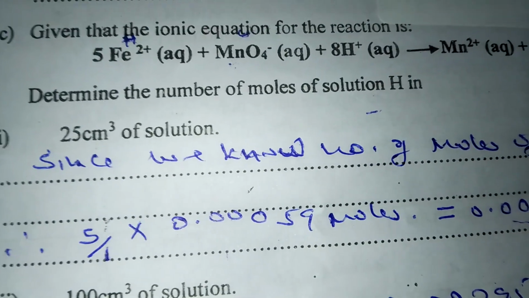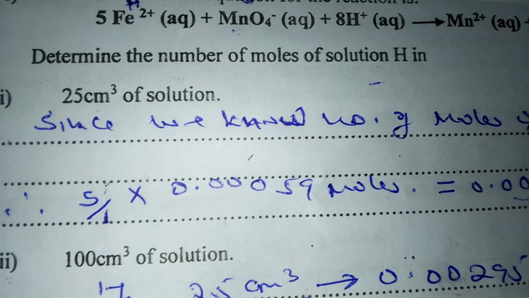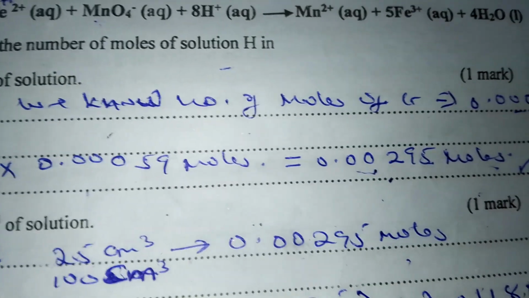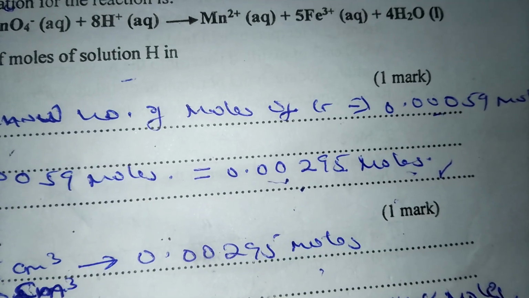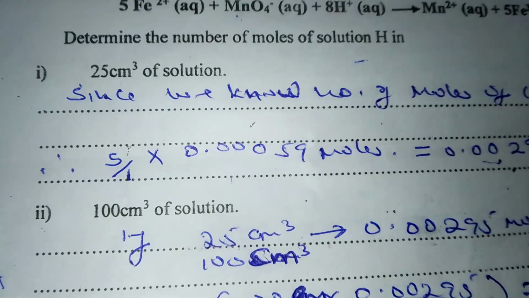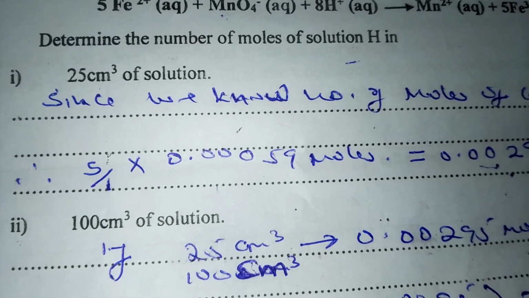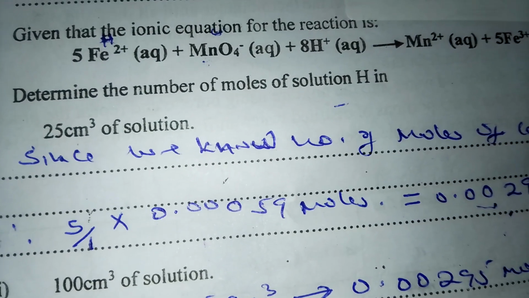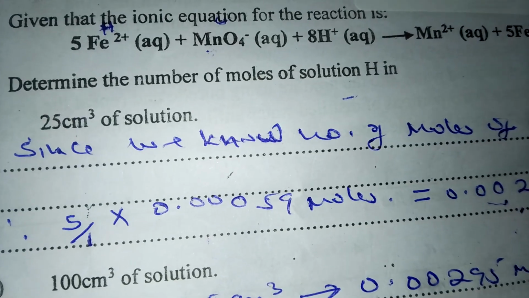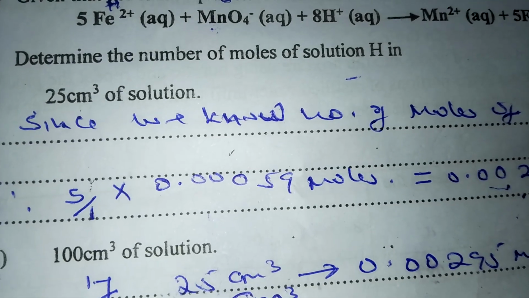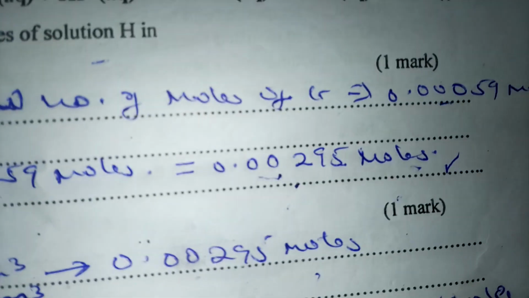So we went ahead and determined the number of moles of solution H. Since we knew the number of moles of G, which was 0.0059 moles, what about for H? For H, we picked from the mole ratio. The mole ratio was 5:1. That's why we divide 5 over 1, and then multiply it by 0.0059 moles, which was giving us